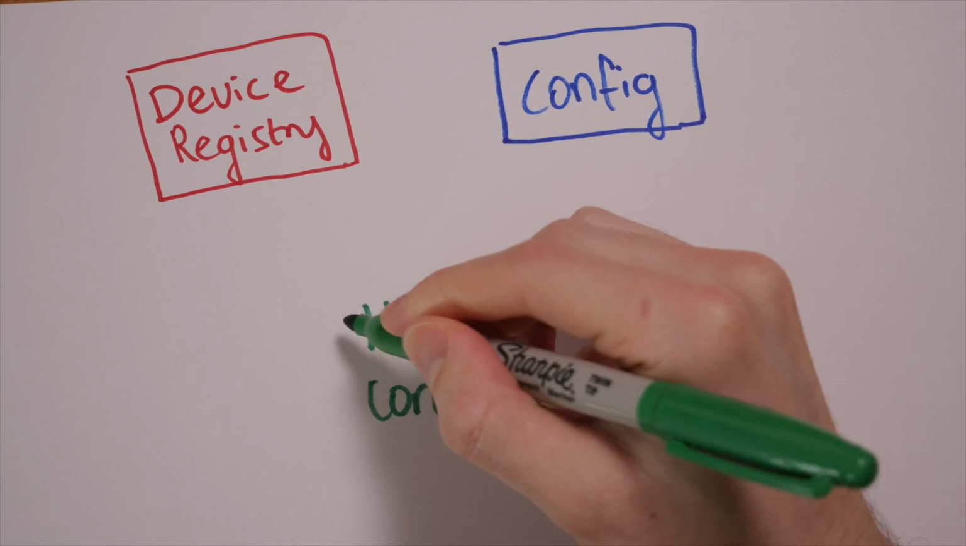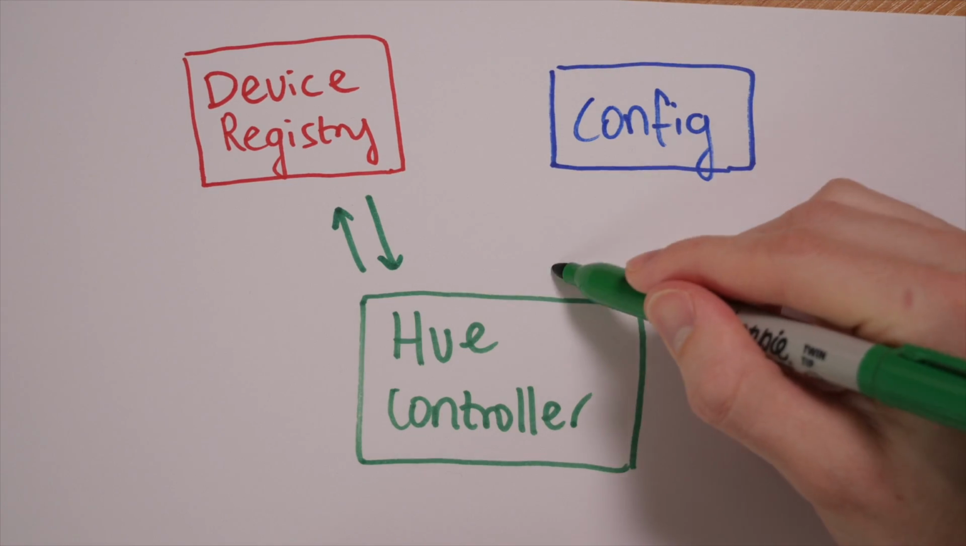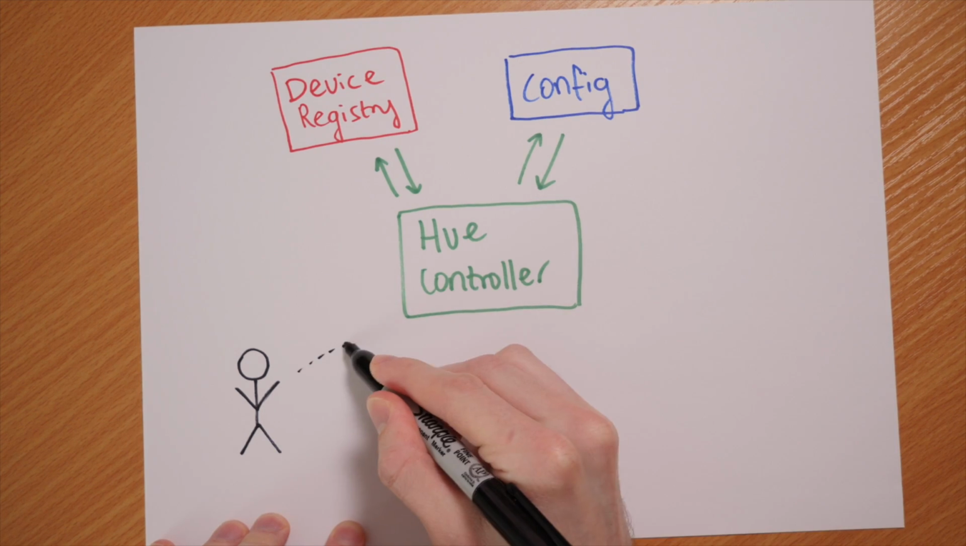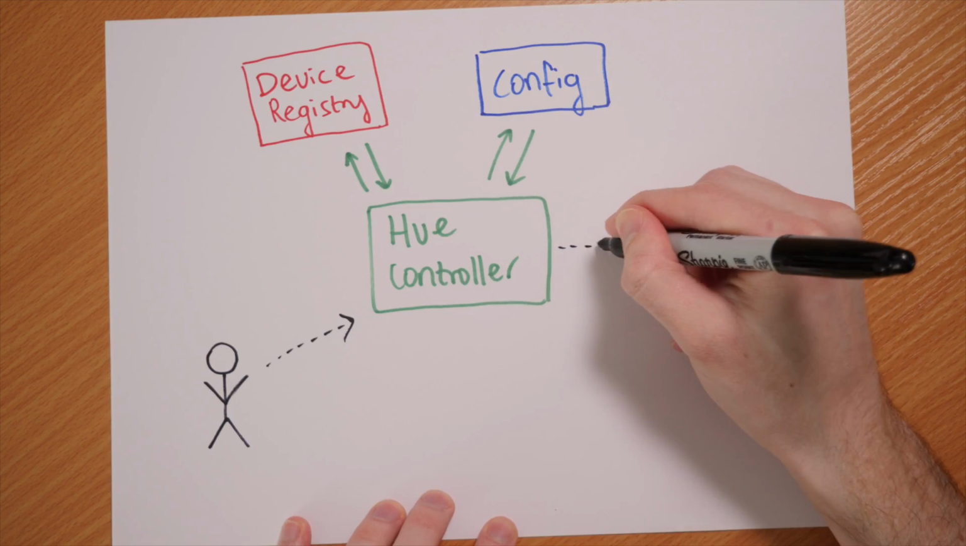Today we're going to build one of the controllers and you'll see how all of this fits together. It'll be a Hue controller. It needs to pull config from here and device details from here, devices in this case being the Hue lights. It then needs to expose an API to let us control the lights and it'll communicate with the Hue bridge